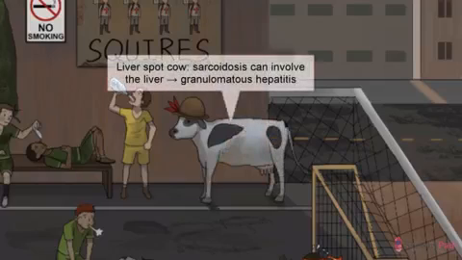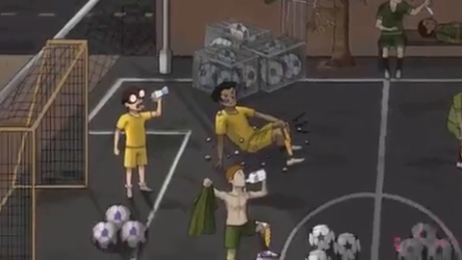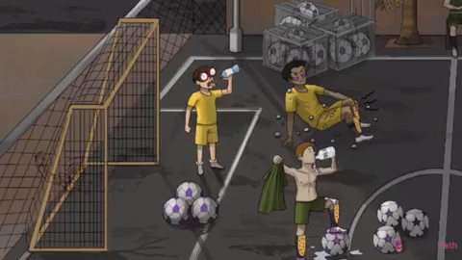So we've included our recurring hepatomegaly liver spot on the team mascot, a medieval squire's cow. Sarcoidosis is the most common non-infectious cause of granulomatous hepatitis. In this case, you'll see microscopic, non-caseating granulomatous lesions within the portal triads. However, only about 1/3 of these patients will demonstrate hepatomegaly or abnormal liver function. And the granulomas just keep coming.